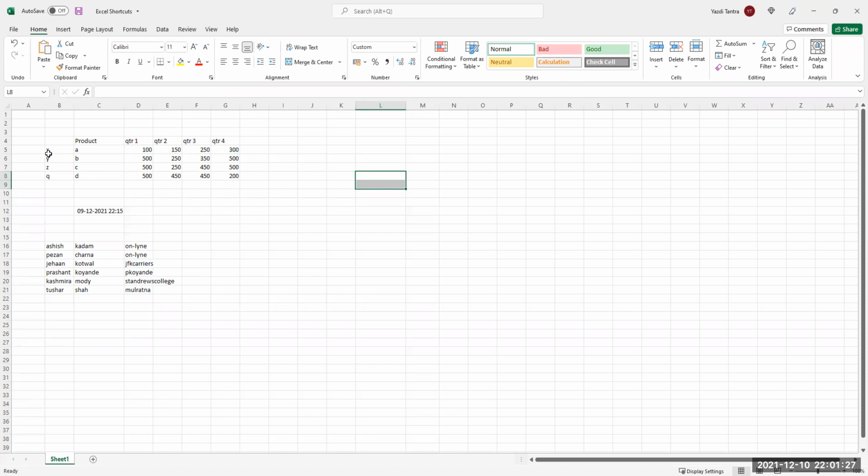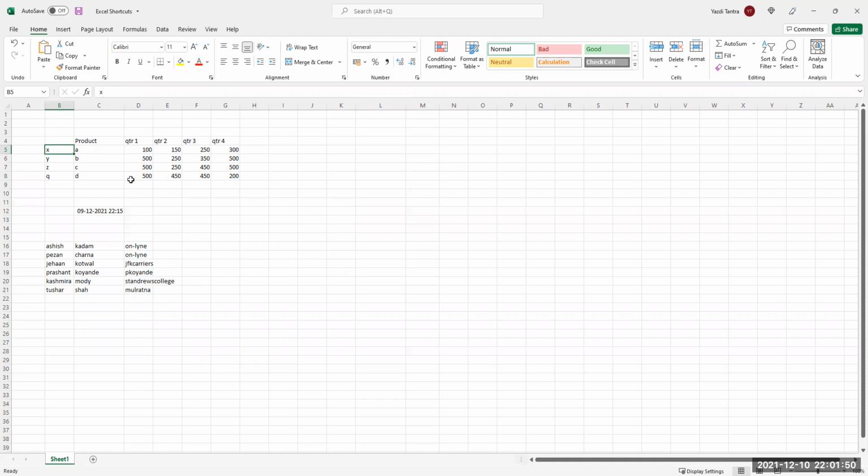Now we saw that we could insert a table by saying Control T. Then a lot of times, even without inserting a table, you want to set filters. So how do you set filters?